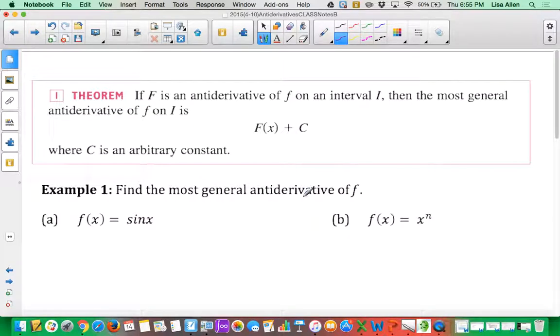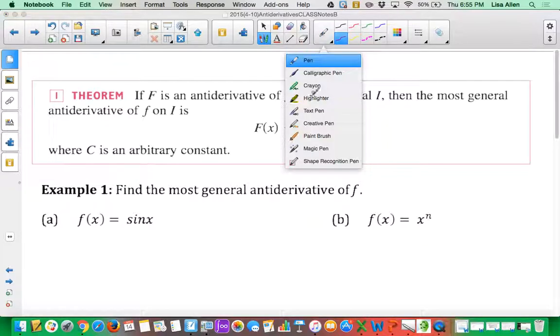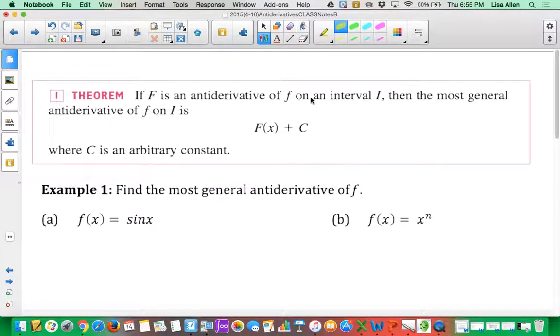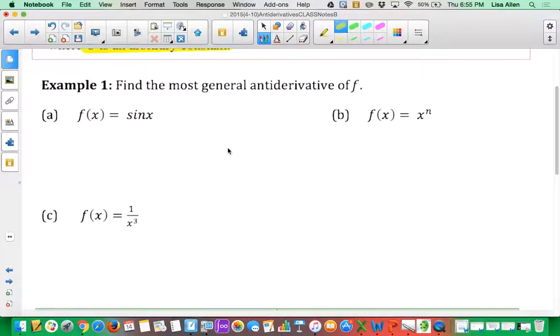And we have another theorem. So if F is an antiderivative of lowercase f on an interval I, then the most general antiderivative of lowercase f on that interval I is F of x plus c, where c is an arbitrary constant. So if we find the most general antiderivative of these three functions,